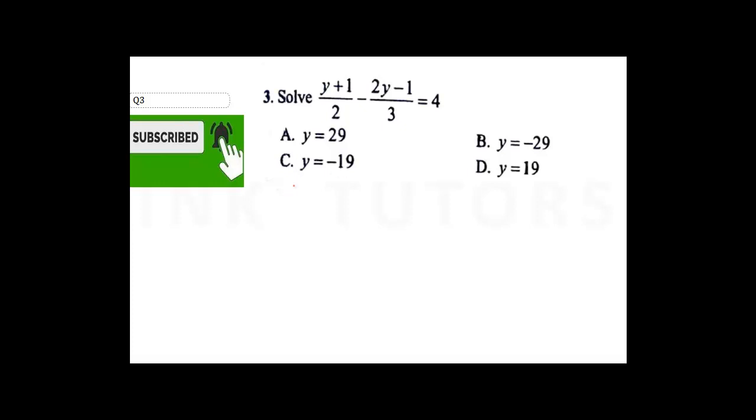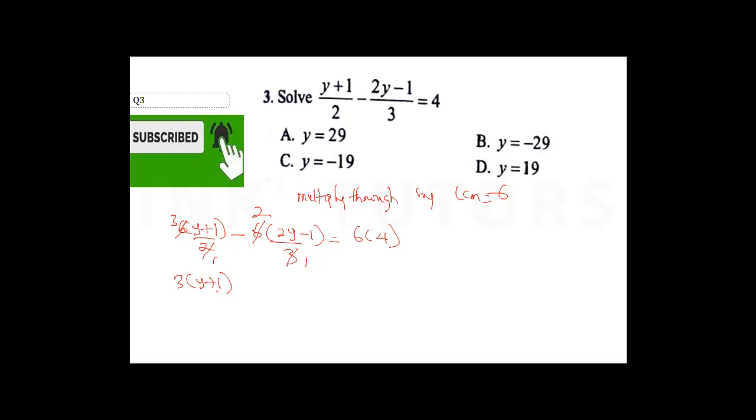Now, to solve this question, you need to multiply through by the LCM. And what's the LCM of 2 and 3? Multiply through by the LCM, which is 6. So we're going to say 6 times y plus 1 all over 2 minus 6 times 2y minus 1 over 3, which is equal to 6 times 4. Okay, now 2 here is 1, 2 into 6 will give us 3. 3 here is 1, 3 into 6 is going to give us 2. So now this means